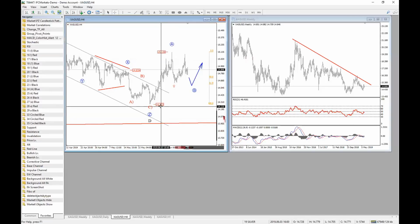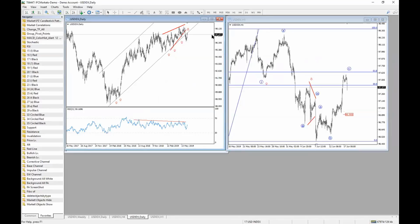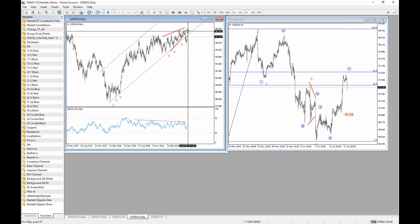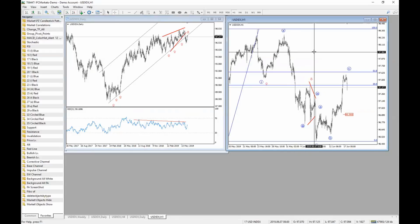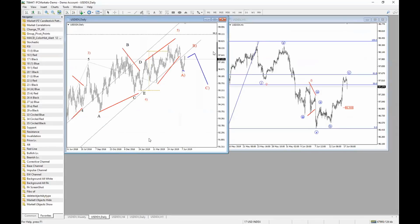So gold, silver could see more upside. Obviously, this would come into play as another confirmation why the dollar index could come down from that resistance. Okay, that's probably the most important chart for me, at least for this week. Okay, we'll see how it plays out. If we're starting to see just rising here on the hour chart back towards 98, then obviously I would adjust the view, but still I would be looking for a top formation at a new high, because I see prices